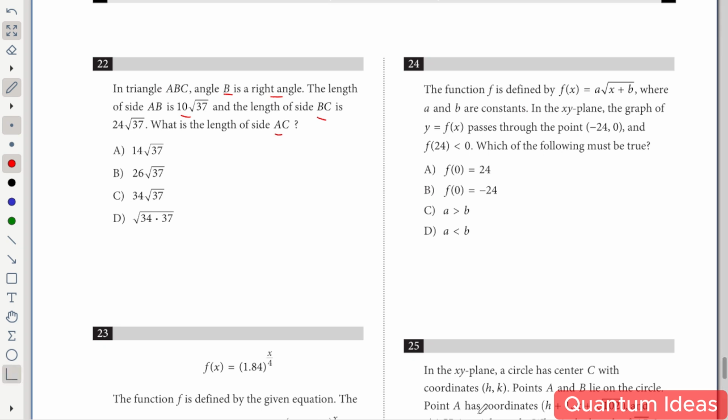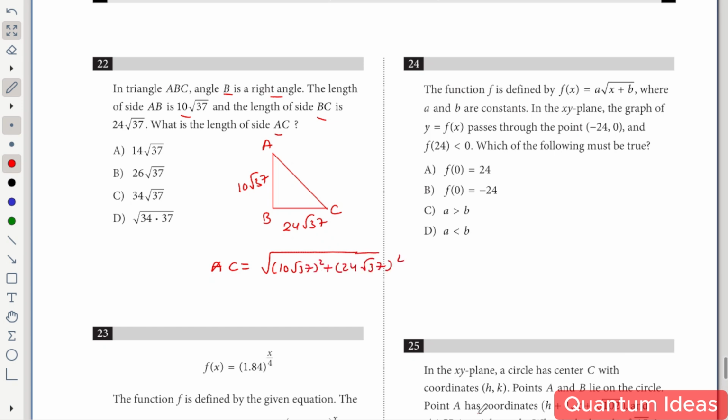Let's see. Simply let me make a right angle. So this is our right angle. B is the right angle, so let's say this is A and this is C. The length of AB is 10 root 37. BC is 24 root 37. So what is AC? AC is basically the hypotenuse. We can use the Pythagoras theorem. AC will be the root of a square plus b square, that is 10 root 37 squared plus 24 root 37